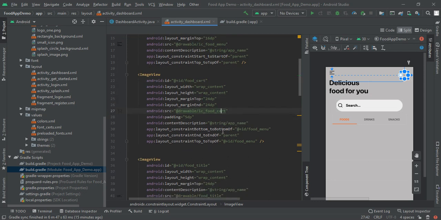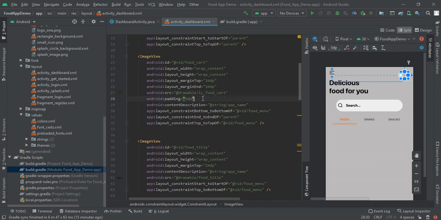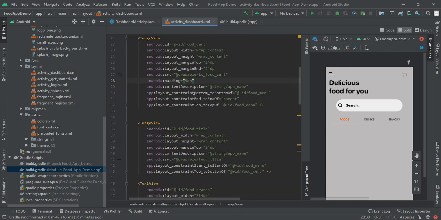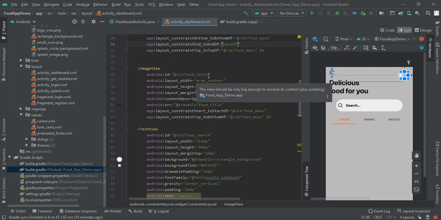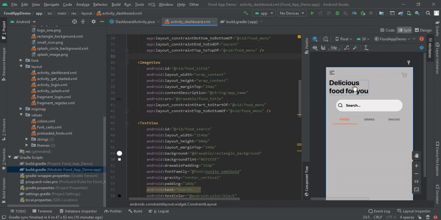Give it source again food cart, and I had added its margin 5 dp, so when the user clicks on that cart it will pop up, else it will not. Next I have given its constraint bottom to food menu, top also food menu, and its end to be parent.